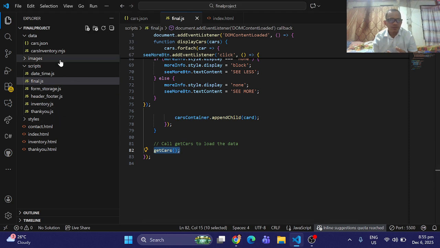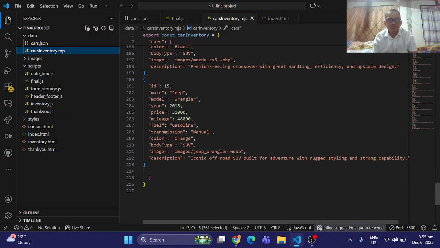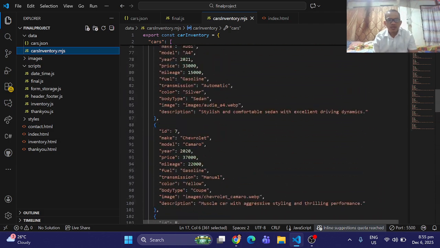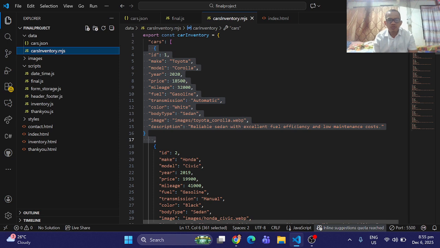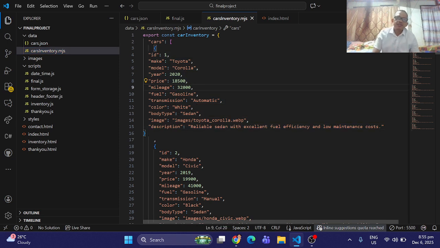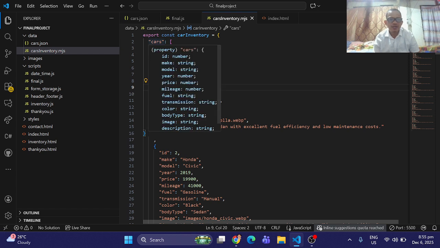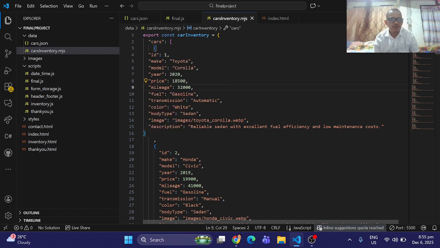Okay. So now we're going to proceed to the cars inventory JS. I am using the ES module, or the ECMAScript module, with export and import. Here in my cars inventory MJS, I am using the constant car inventory in an export.